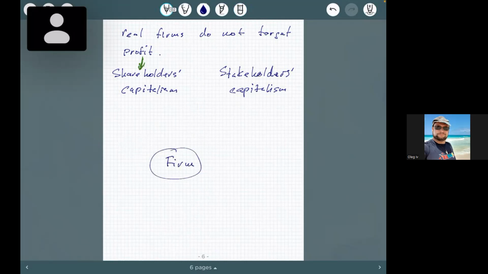Firm belongs to shareholders. Firms produce things for consumers. Firms also operate in the environment of